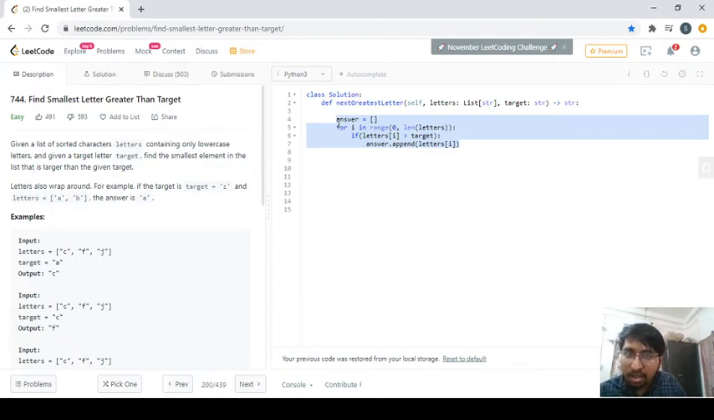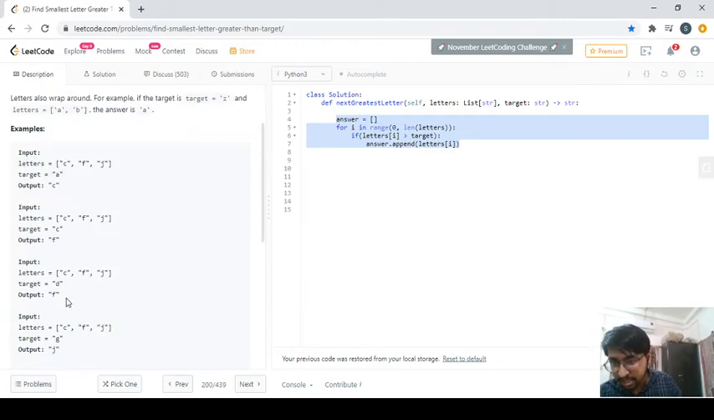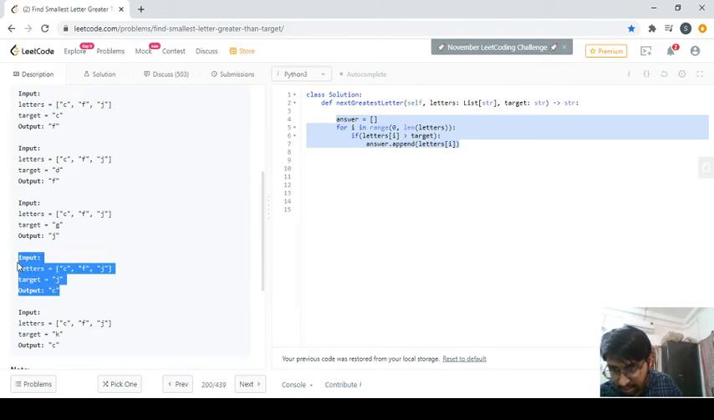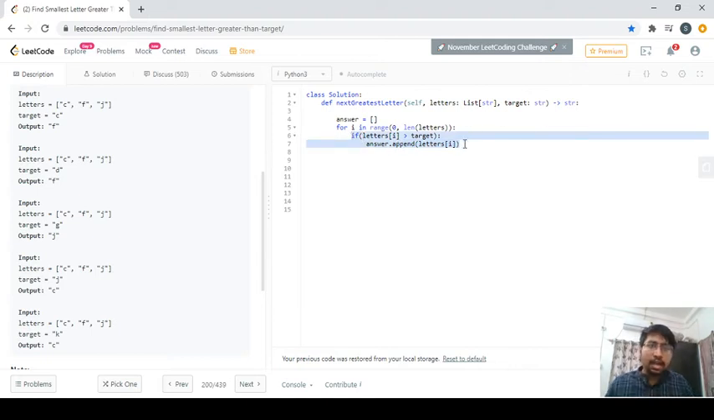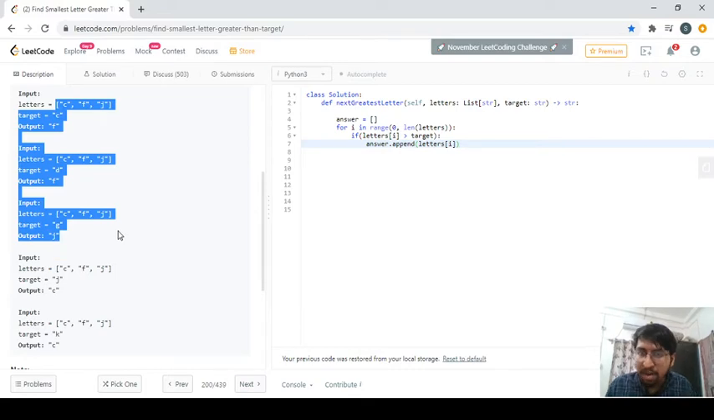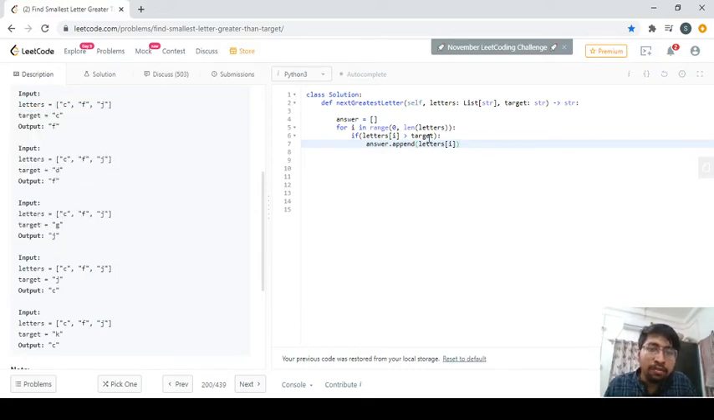I'm missing something. Of course, I'm missing this fourth case. How am I going to face this? If there is no element in the list which is greater than the target, what should I do? First of all, let's complete this if condition. Once we are in this ideal scenario where I am able to find an element, I just don't require to go